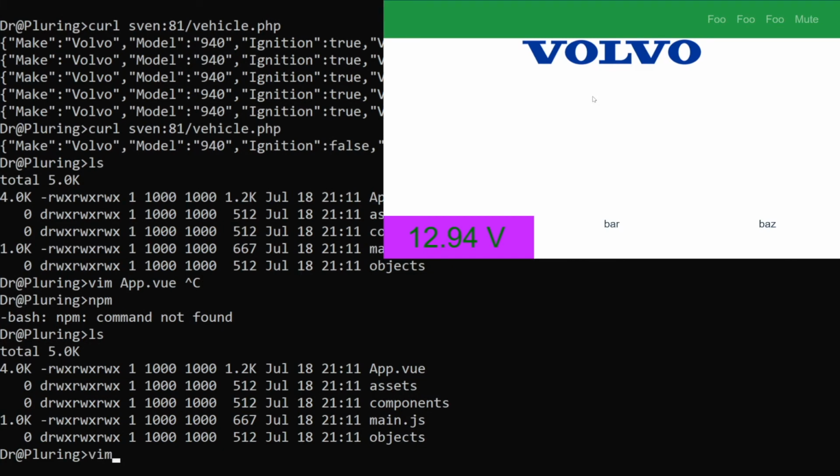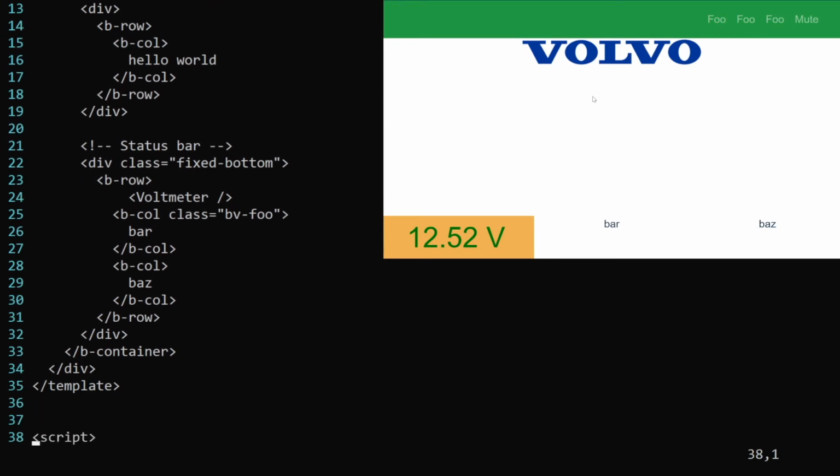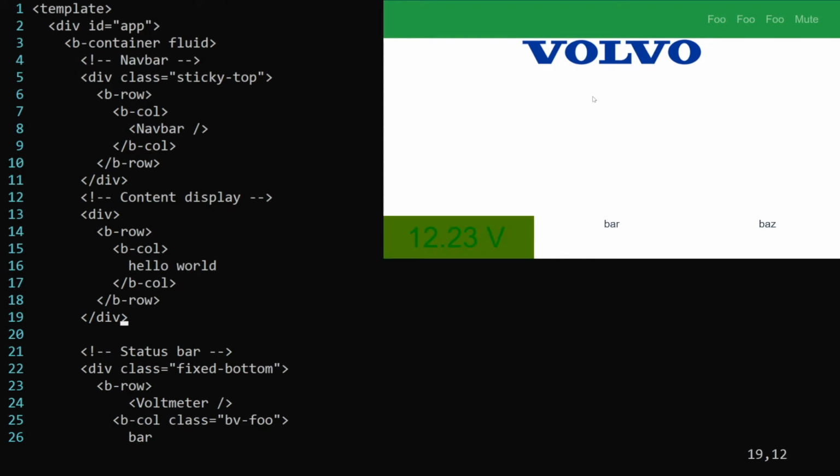If we look at this, so this is the framework. No, it is not a framework, it's just a library called Vue. It has a somewhat difficult to comprehend syntax, but now when I understand it, it makes somewhat sense. And I'm trying to use Bootstrap in conjunction here with Vue in order to get,